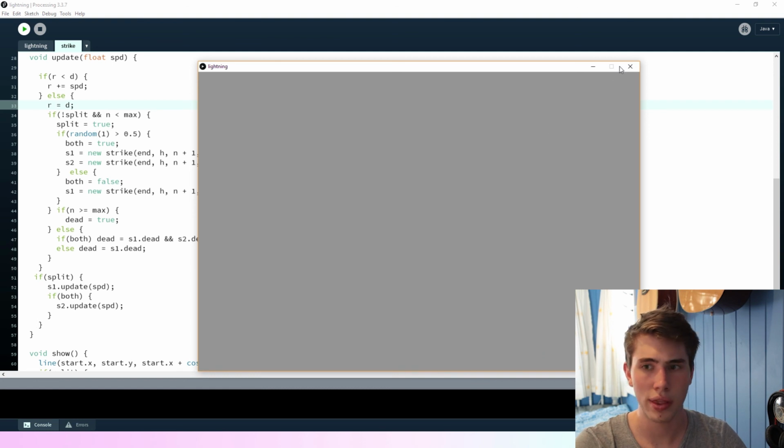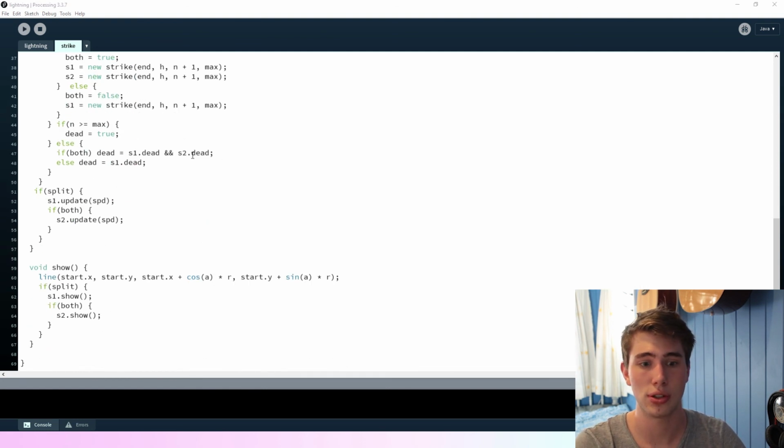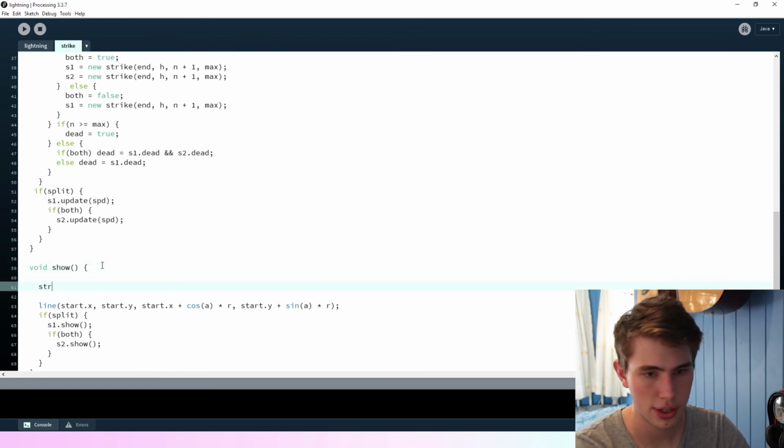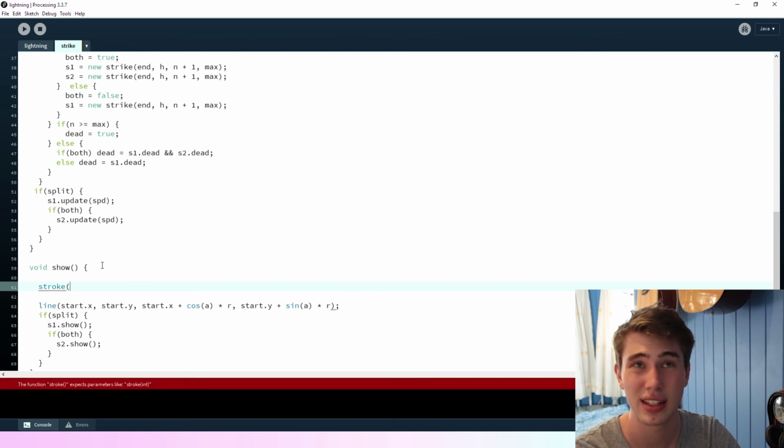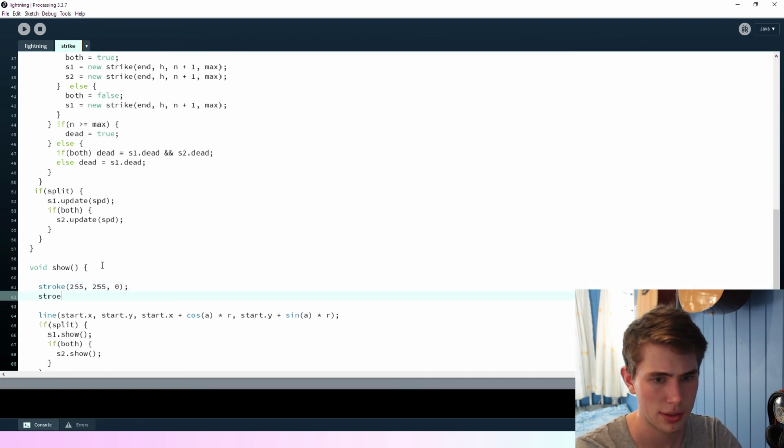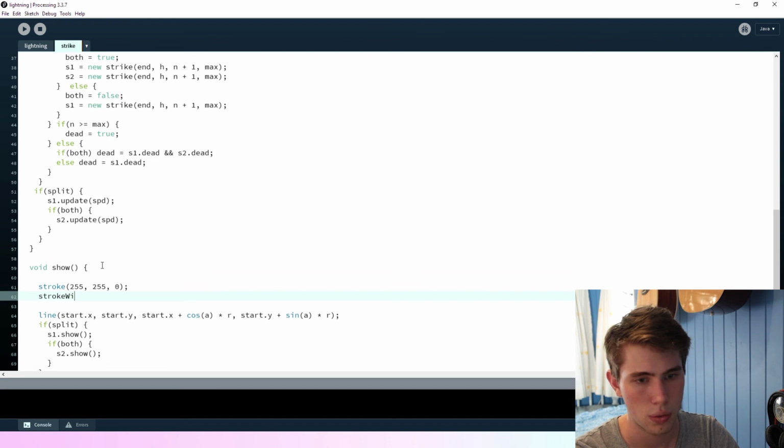So I think one thing that would be cool to do would be to change the thickness of the line as it gets closer and closer to its maximum size, so that it looks like it's expanding out of the air. So the way to do this, I think, would be, we'll set the stroke color first. We'll make it yellow, which I think is like that in the RGB, and then we'll set the stroke weight to be,